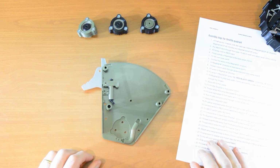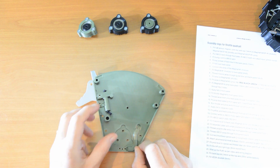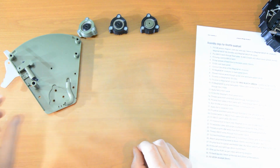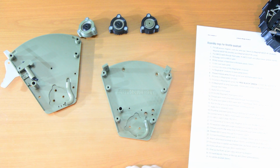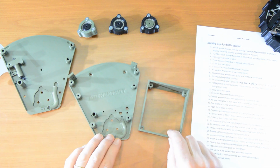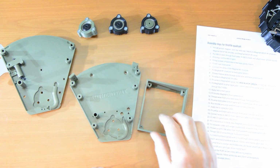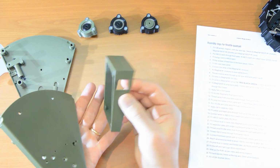Great, that's number 3 done. Right, number 4, that was the front plate. The back plate looks kind of similar, and on number 4 we're going to fit the top screws of the back box to the back panel, and we use 10mm screws for that. So arrange it like this,